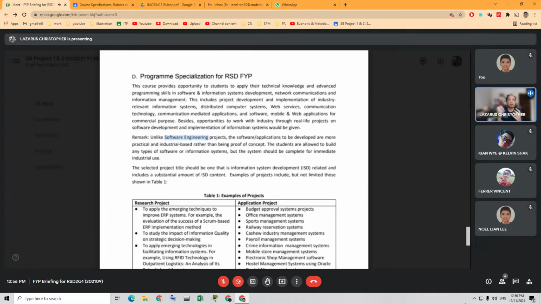They can show that, oh, for this proof of concept, I can do it. My software can detect and that means inform the driver. Okay, software engineering students can do software like this, right? You guys have to write a more practical industry based one. That means it can be used straight away. You don't have to go for this kind of proof of concept. Okay, but again, case by case basis. If you are able to,